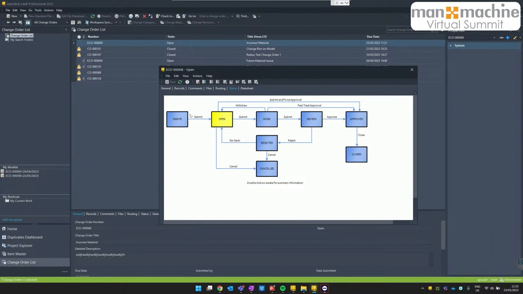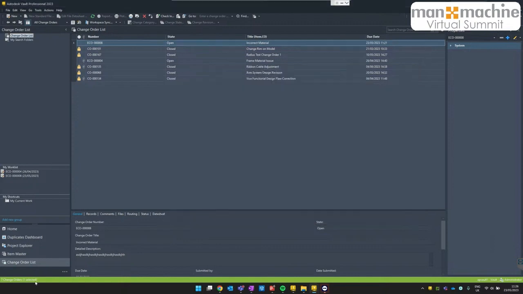Okay. So this is ECOs. I'm not going to dive too much further into it, but we could go all the way to closed at this point in time, performing these various different functions. The person who is responsible for doing the changes would do it in work. The review happens, etc. Anyway, I'm getting off topic here, so let's go ahead and close this particular example,